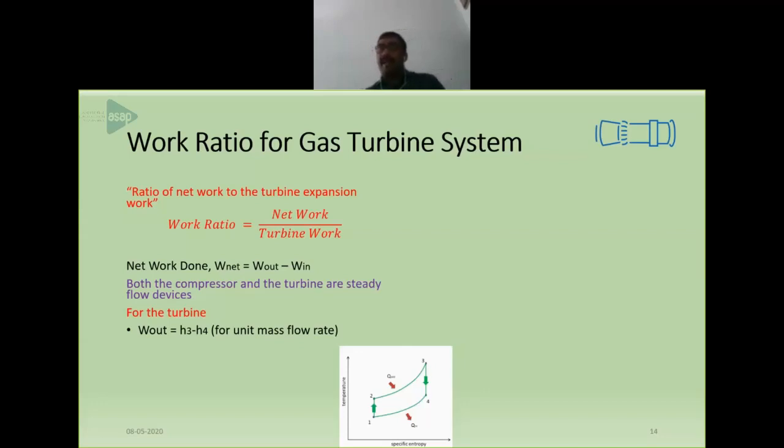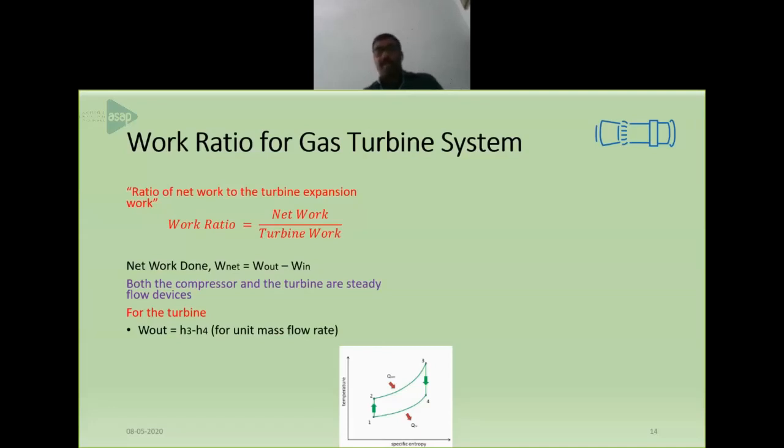But here it is an adiabatic process. Since it is an adiabatic process, the heat transfer is 0. And the velocities are almost the same, so the change in kinetic energy is approximately 0. The height is not playing an important role in this particular problem, so the potential energy term, that elevation part, is also negligible. So the final work done will be equal to the change in enthalpy alone.